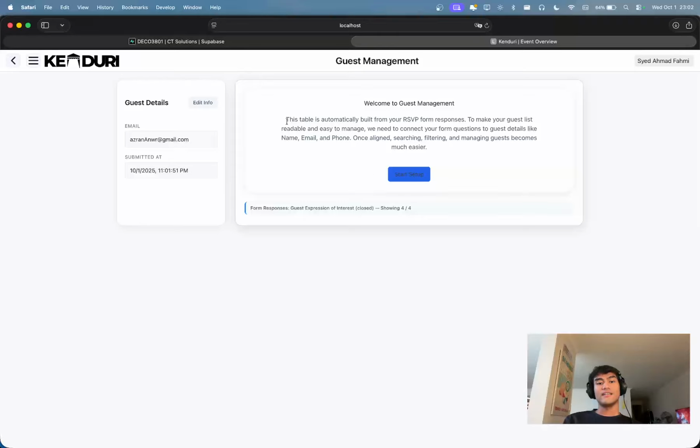So as you can see, it will tell us that it is automatically built from your RSVP form responses. So to make your guest list readable and easy to manage, we need to connect your form questions to guest details like name, email, and phone. So we are going to be aligning this. They will have to do it. So when we press start setup,